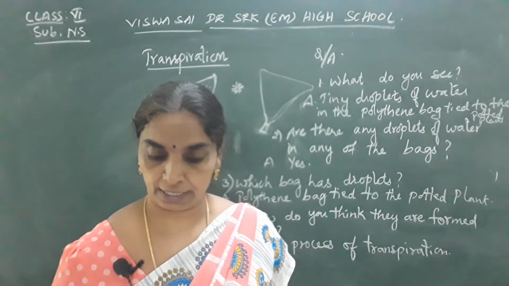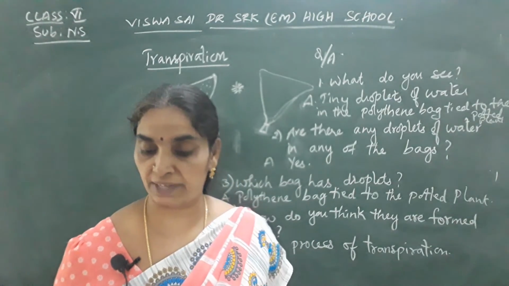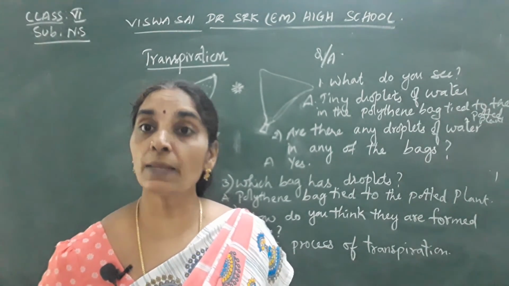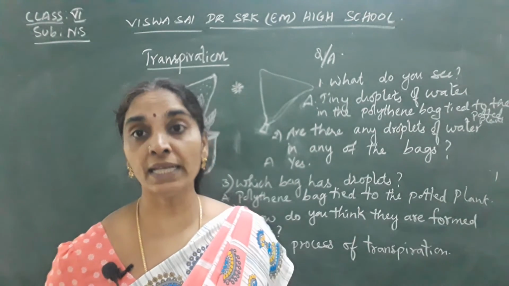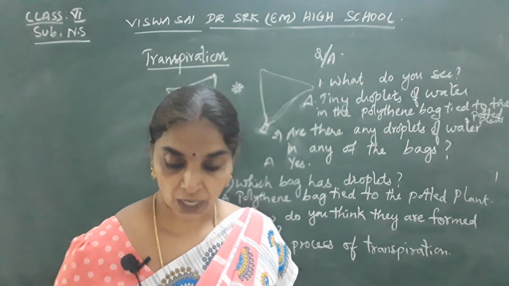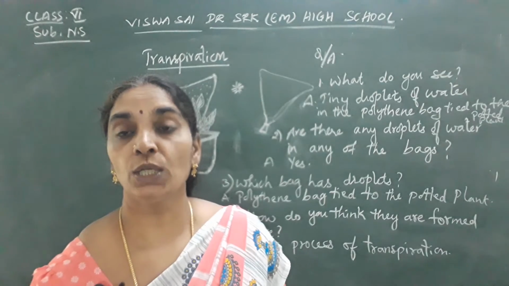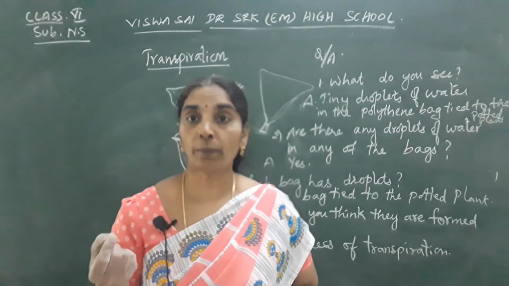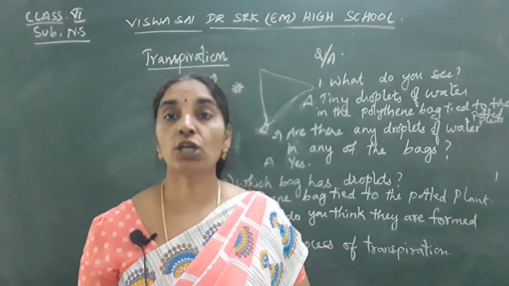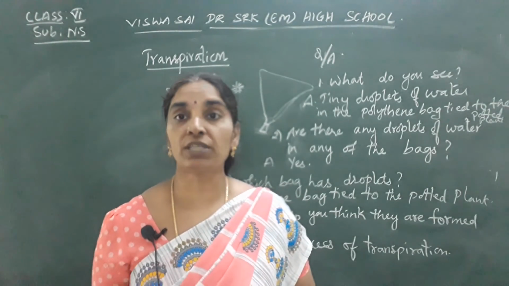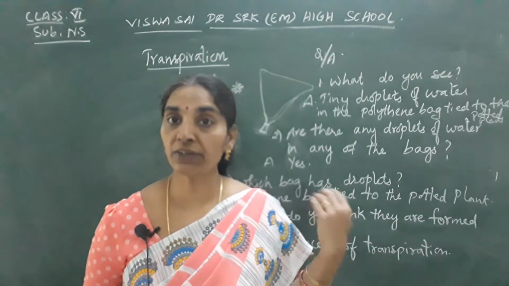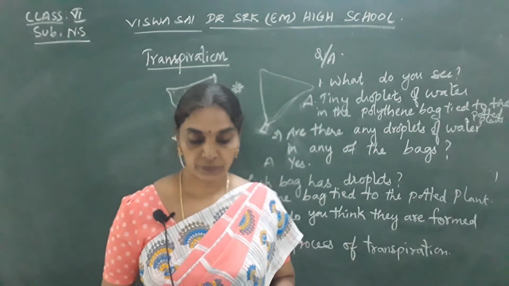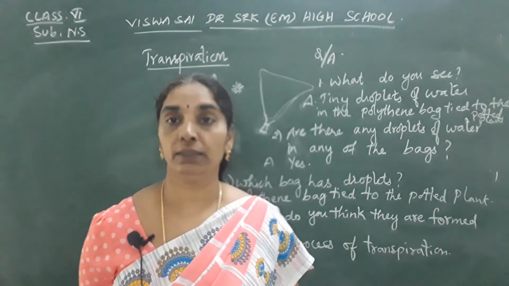Next, Rajani said respiration takes place in leaves. Is she correct? Yes, you know very well that stomata is the part of the leaf that takes part in respiration. So, how can you support this statement? You can support this statement by showing that stomata are the tiny pores present on the leaves which take in the carbon dioxide from the atmosphere and release the oxygen. Okay, so that is the answer.